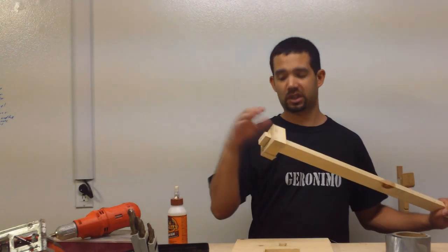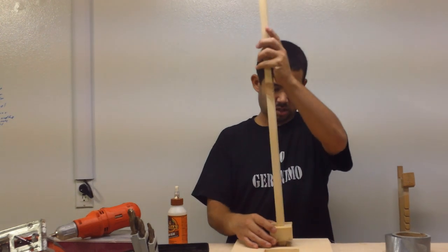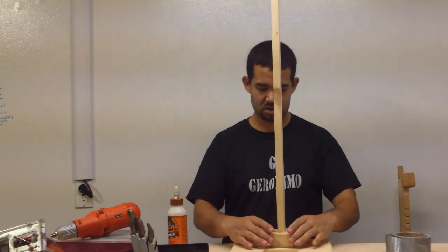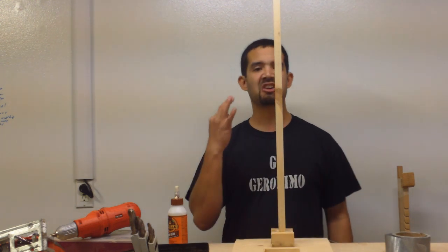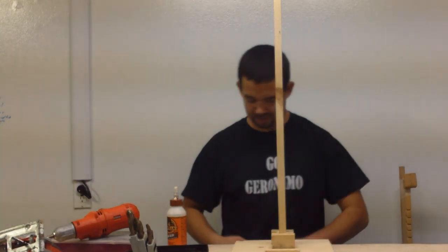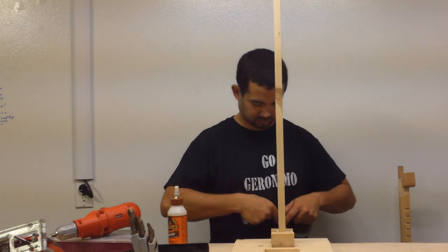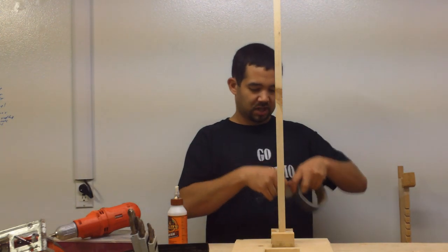Okay, so we let it dry. I took off the clamp, put it back on top, and see how it looks. That looks good. So I'm going to put a duct tape and drop it like that. Make sure you drop it like that because, just kidding. Alright, get a piece of duct tape